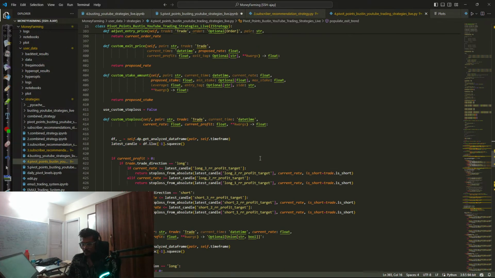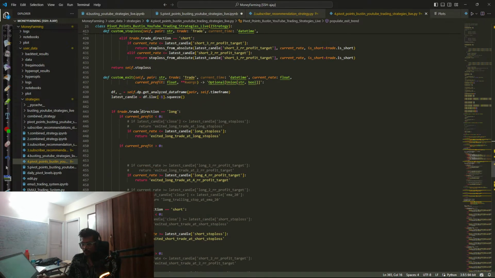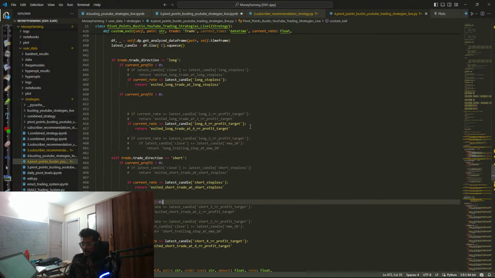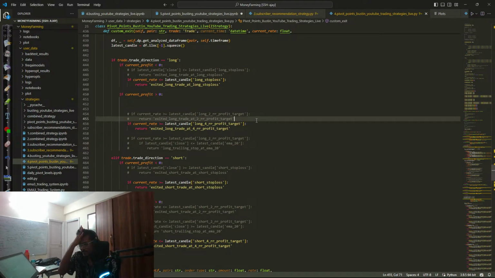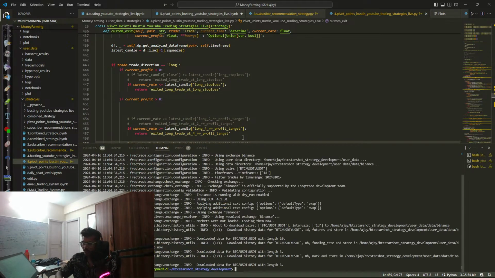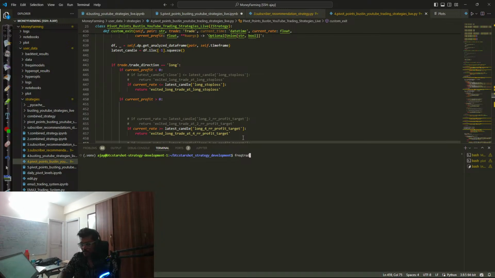All right, so now we put the custom exit. So that's our stop loss. Where we want to exit now is, let's exit on first. Let's check 4RR. Yeah, why not? Let's test it with 4RR. Okay, so